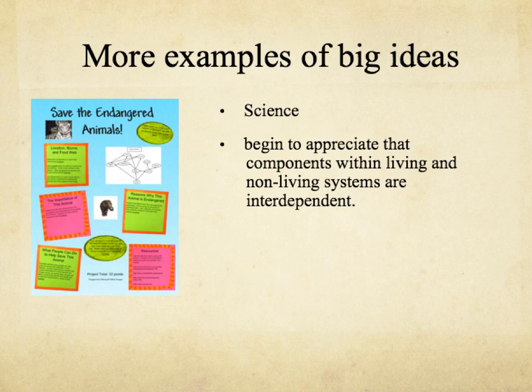Here's another example, this time taken from science, and this is the big idea of interdependence, and that much of the world operates within systems, where elements of the system interact in ways that generate different effects. This idea can be applied in a number of contexts. We could discuss this big idea of interdependence in relation to, let's just return to one of our earlier